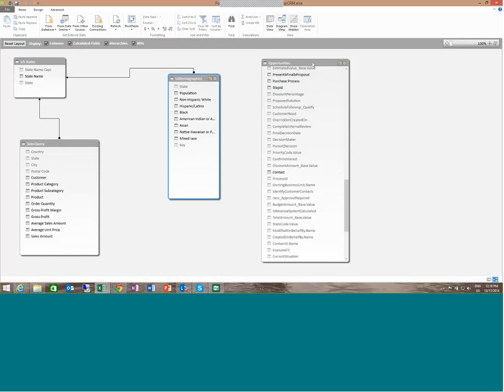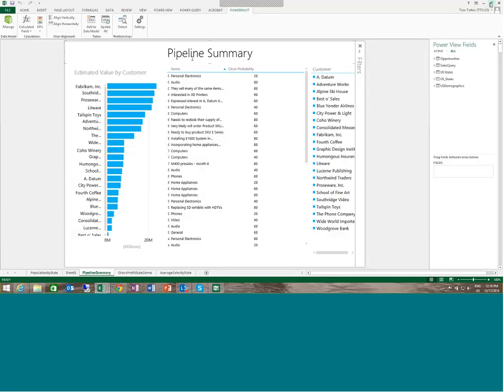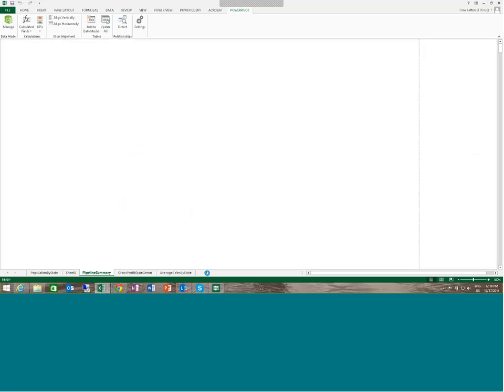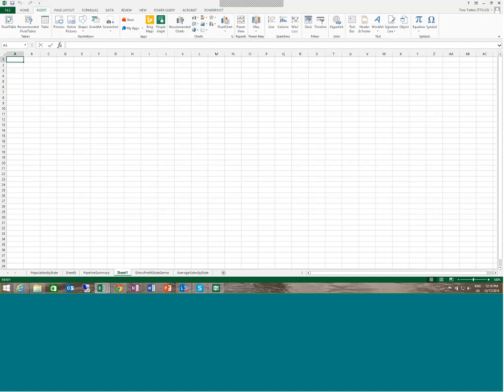And then I was adding my opportunities in here as well. So if I wanted to make a relationship between my opportunities, I'd have to find a relationship between these tables, and then I can go and create my Power View report. When I'm ready to create my Power View report, one thing that's kind of interesting is that you kind of wonder, where is the data? Because there is no actual data inside of my workbook. So all you would do is just go into Insert, select Power View,